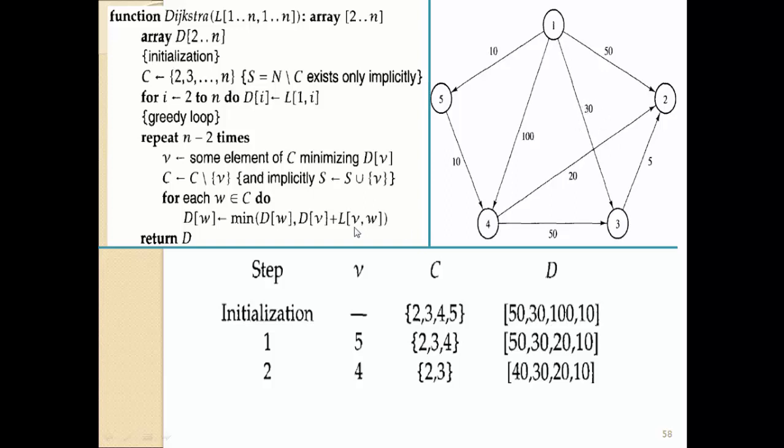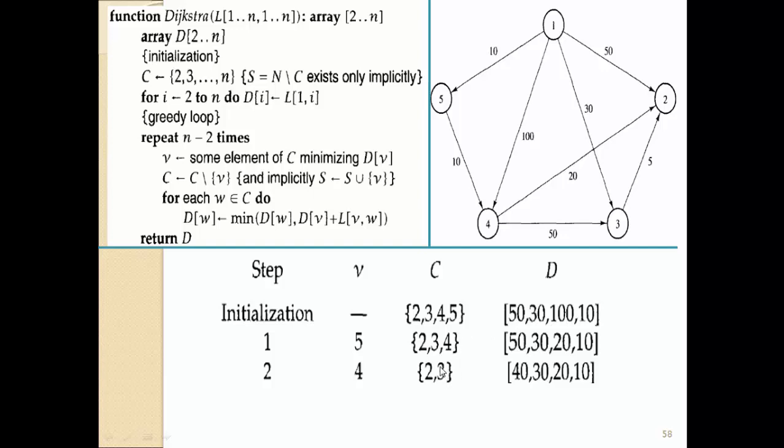So 30 is minimum. So as it is, there is no chance, because 30 itself is a minimum value, right? So 30 as it is. 20 already we discussed, and we have replaced the value in place of 100, and 10 we have considered as a minimum, right? So now out of these two nodes, we have to identify the corresponding edge which has a minimum value. So out of these all four, we have considered 10, 20. Now out of this 40 and 30, which one is minimum? 30, and the corresponding node is 3.